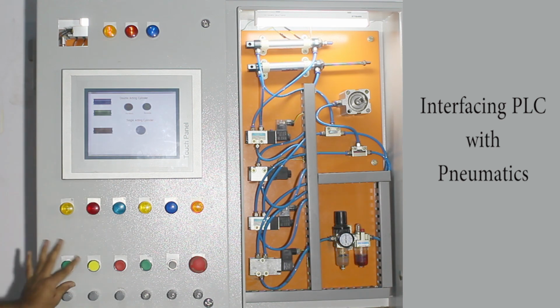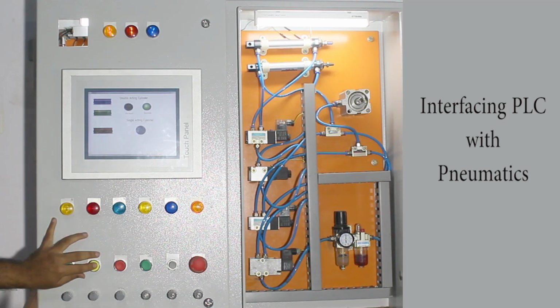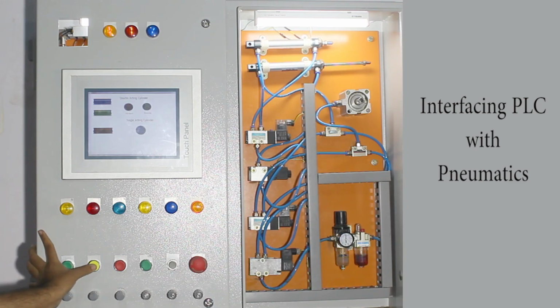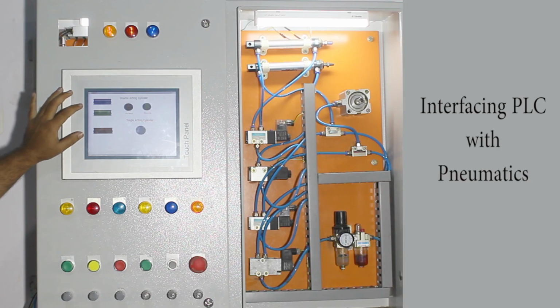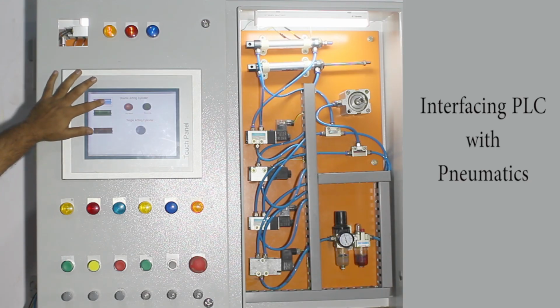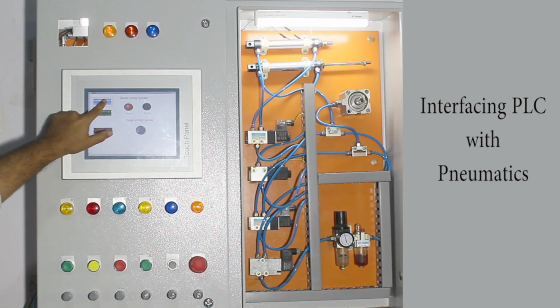The forward direction indication is on. If I press the second push button, you can see that the reverse direction indication is on in the double acting cylinder. Forward direction and reverse direction. Now let's see it in the HMI screen. If I press the first button, you can see the forward direction indication is on and the piston is